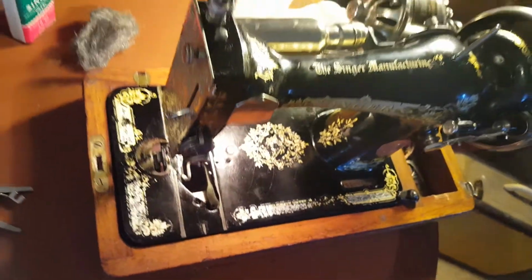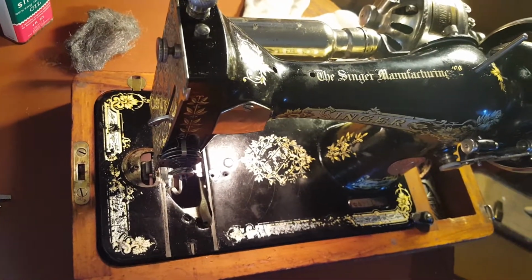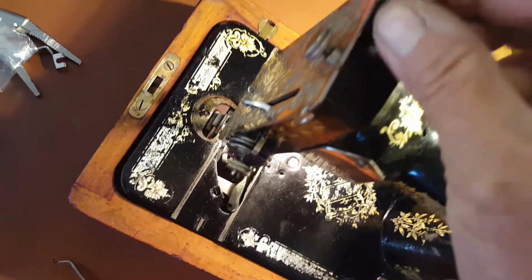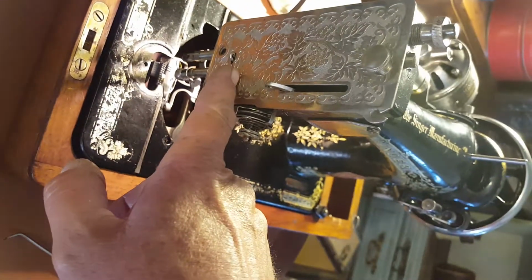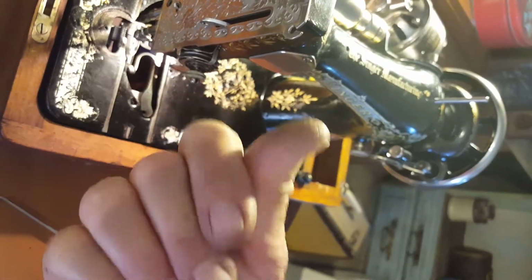So, using this as a case basis, that was how I was finally able to get movement, because I was getting oil to penetrate around here. I was able to right away turn this and get some movement here. But nothing was happening here. Nothing. Okay, so I was able to disconnect my needle bar and get it to rotate, back and forth and up